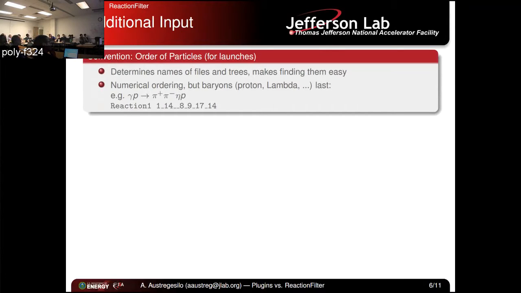Now, one convention that we just decided after Paul gave the presentation last fall is to use the particles in a specific order. This basically is irrelevant. If you run your own reaction filter, you can put the particles in whatever order you want. But since we do these massive launches over the whole data centrally here, and maybe one person is looking at pi 0, pi plus, pi minus, and the other person is looking at pi plus, pi minus, pi 0, we don't want to create the same tree 2 times. So we